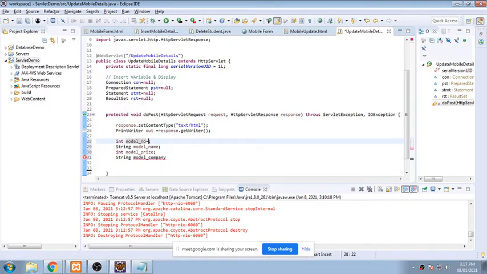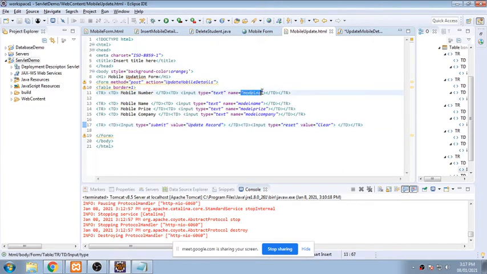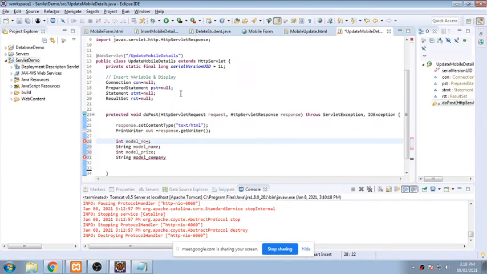Now I will be accepting the value from this input box directly into my program. What this post method will be doing is that when I click on this submit button, the values entered into this input will be transferred into the body of a post method, and it will be posted to this file. Now I have written everything into this file, where it will be accepting using a request object. So the request object is for accepting something.